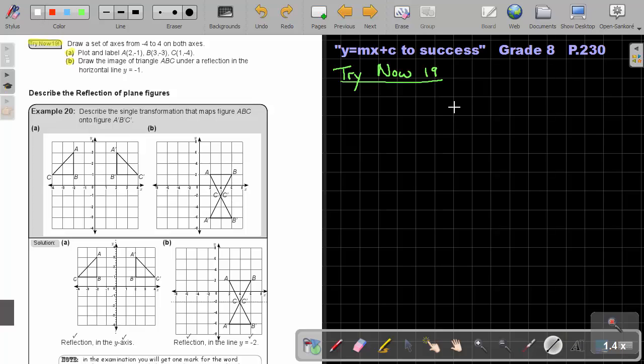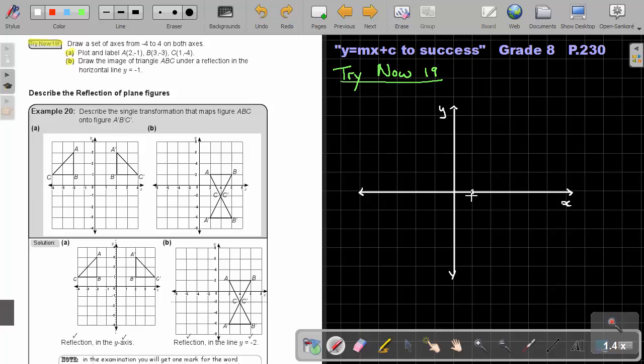Okay, so if I just draw this, first plot and label. So I first have to draw my axes. Let's just go a little bit up. I think this line is a little bit too down. Let's see if we can move it up. Okay, so if I'm going to label it, this is still my x-axis, and this is going to be my y-axis.